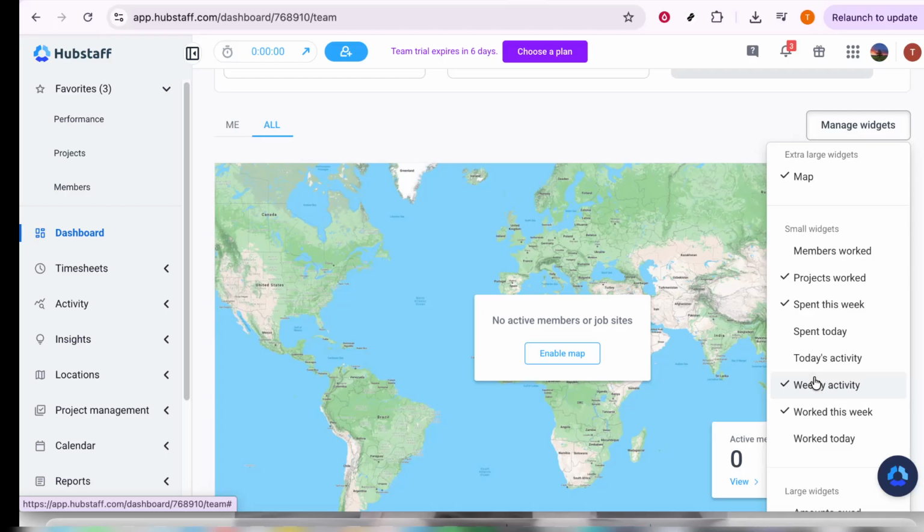If you only need a few key insights at a glance, simplifying your dashboard can save time and make navigation easier. On the other hand, if you manage multiple people or projects, having more widgets visible may help you monitor everything in one place. The goal is to make the dashboard work for you, not the other way around. That's all it takes to begin managing